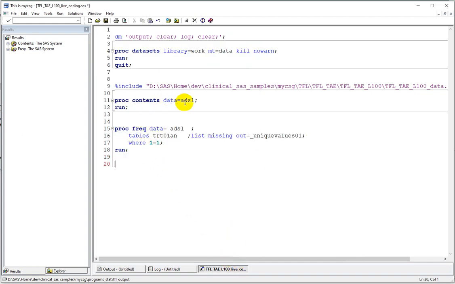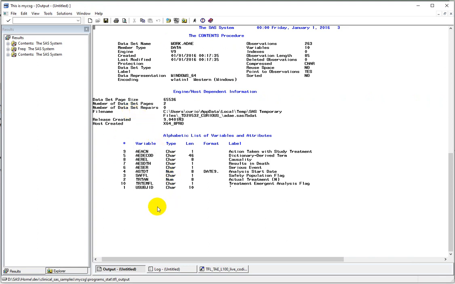So now let us do the same thing for our ADAE. Let us examine the variables present in the ADAE dataset. So we have around 10 variables. How I am telling that there are 10 variables is this is the variable number. In the order in which they appear in the dataset, the maximum number seen across all these rows is 10. So we have 10 variables in the dataset, out of which the first one is AEACN,